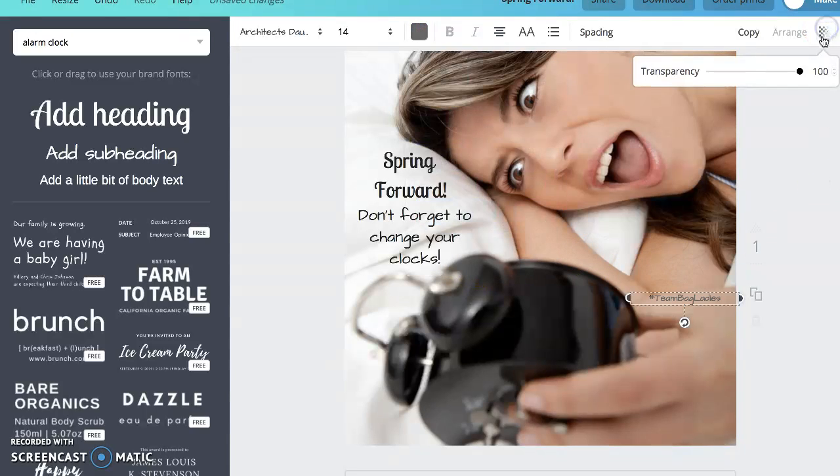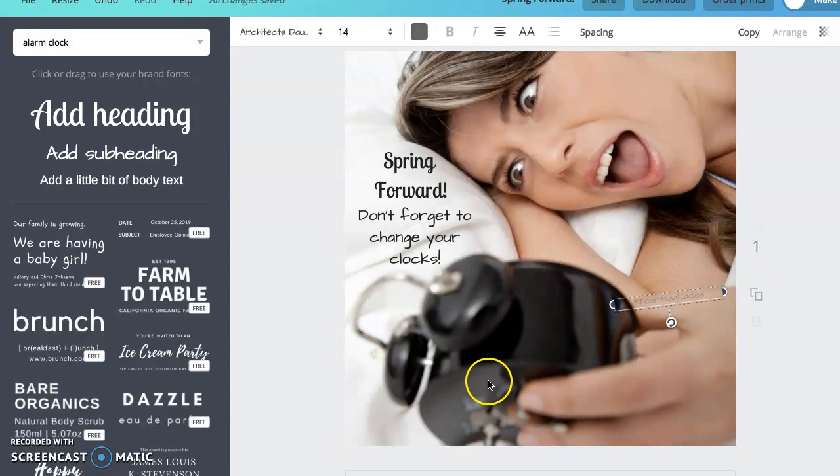Now see this lovely little button here? Watermarking, I was so confused when I first heard that term because I thought, oh my gosh, I don't see a watermark button. It means that you're taking this and making it transparent, just like it says. If someone were to try to take your picture, it's going to be really obvious that they tried to get rid of your